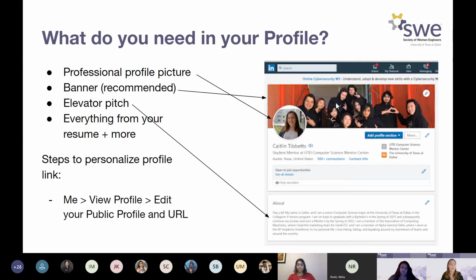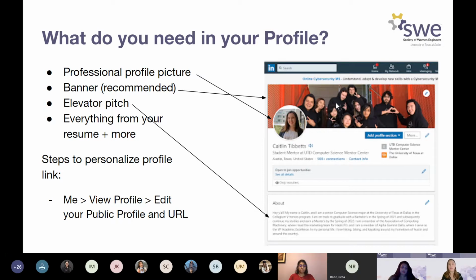Next up, we have the about statement that I want to talk about. The about statement is kind of like your elevator pitch, but longer. This is the first thing that a recruiter is, I guess the second thing that a recruiter is going to read about you. The first long form thing that a recruiter is going to see about you. So you need to treat it like it's a first impression.